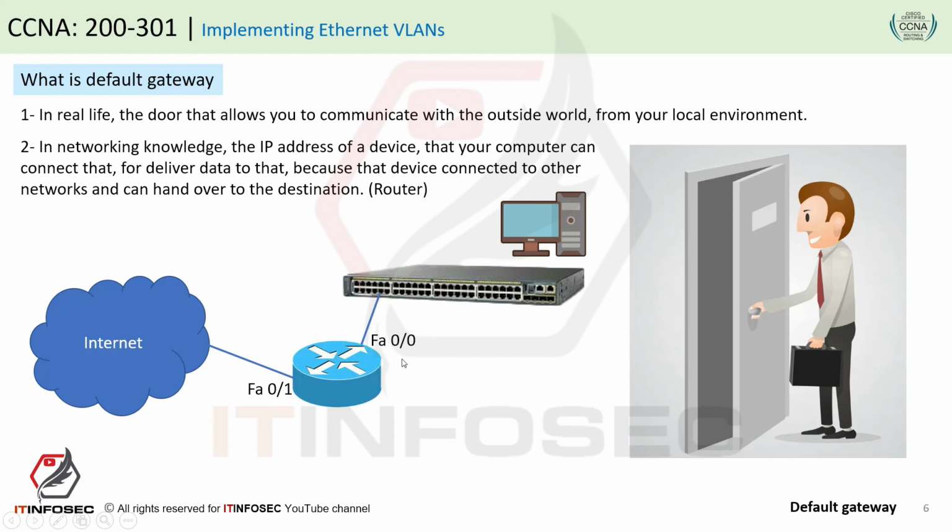That router IP address, in the same range as my IP address, will be my default gateway. If I want to send a packet to any place in the world, into the internet, any website, any city, any country, and so on, I should